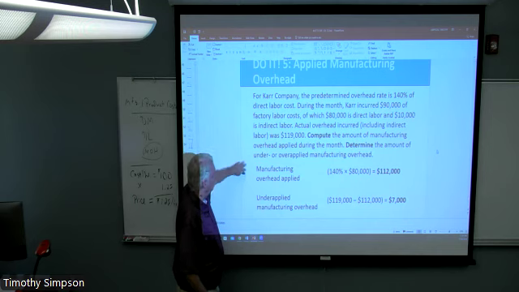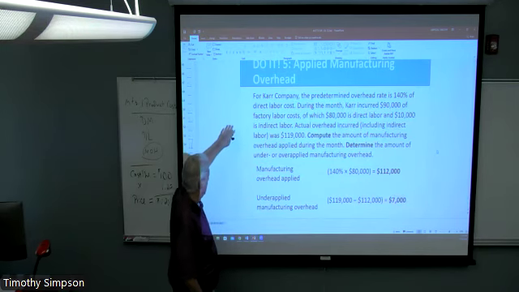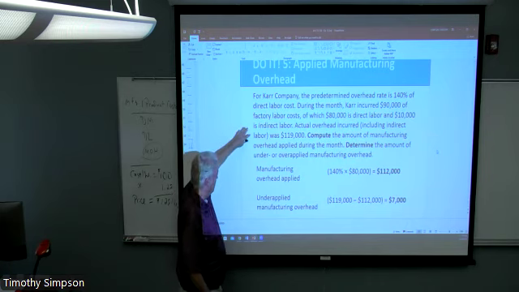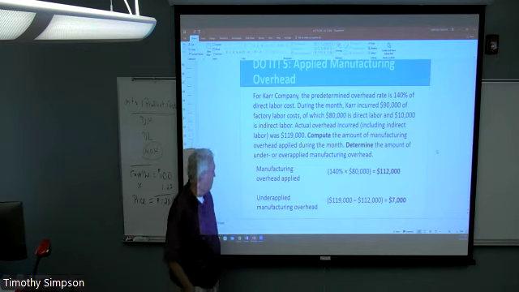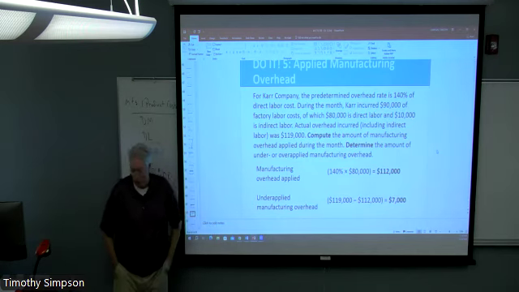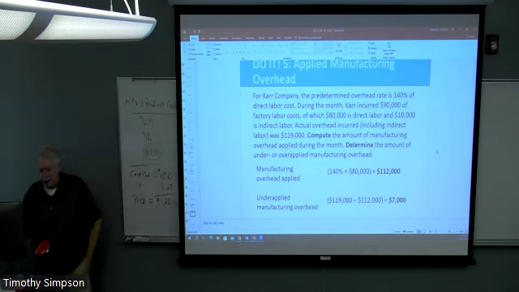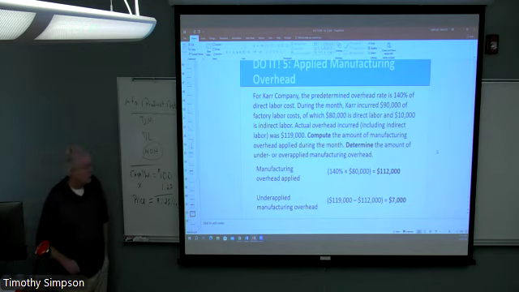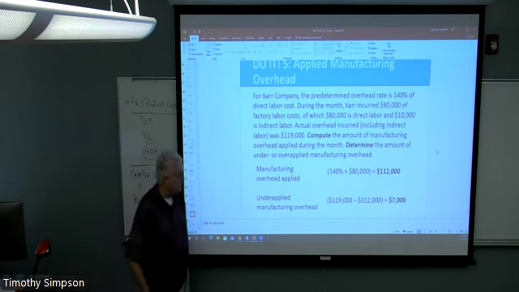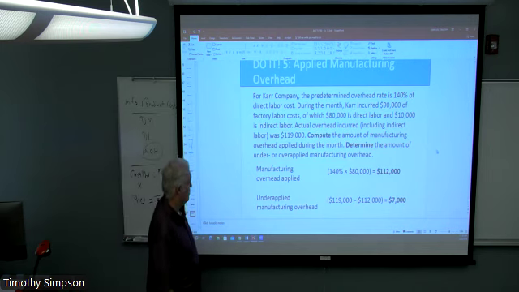And we really don't care about the indirect labor so much here at all. We're recording it, we'll pay it certainly, but we're not really worried about it because we've applied 112, and as it turns out, we have actual of 119. So we've got a $7,000 under applied overhead. And so if we've under applied it, we have to make up for it, and we have to book that as an adjustment to cost of goods sold. We have to raise cost of goods sold, in other words, raising an expense in order to deal with that variance. Okay.